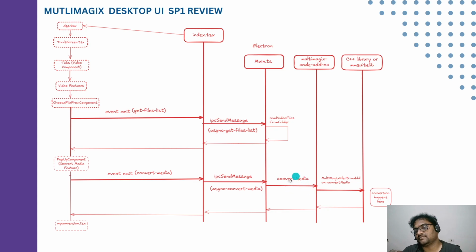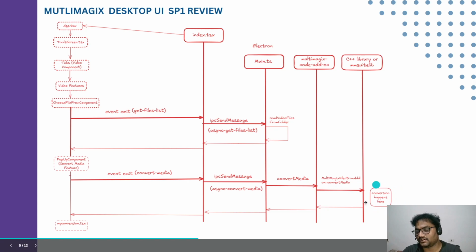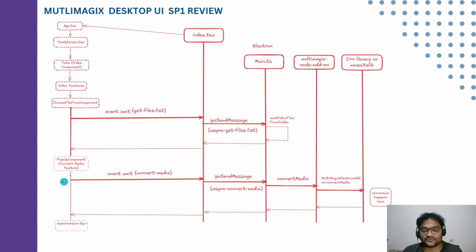So this convert media gets called now, and this convert media will call Multimagic's Electron add-on convert media. Inside this function we'll be calling all the CPP function calls, or the APIs of the library we provided, which is in C++. So that's how, after clicking the convert button, an event is emitted and that